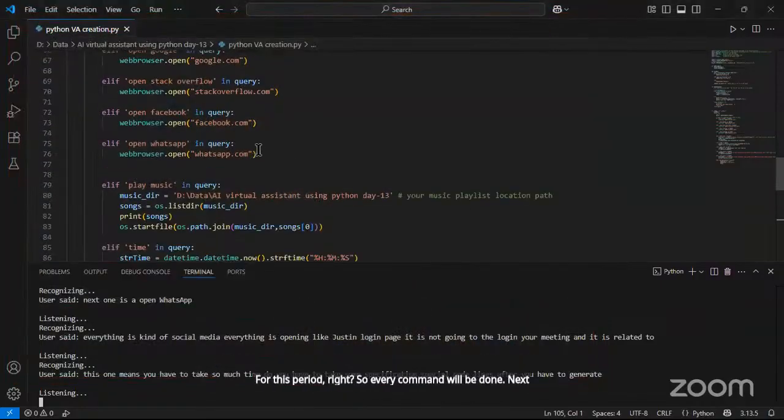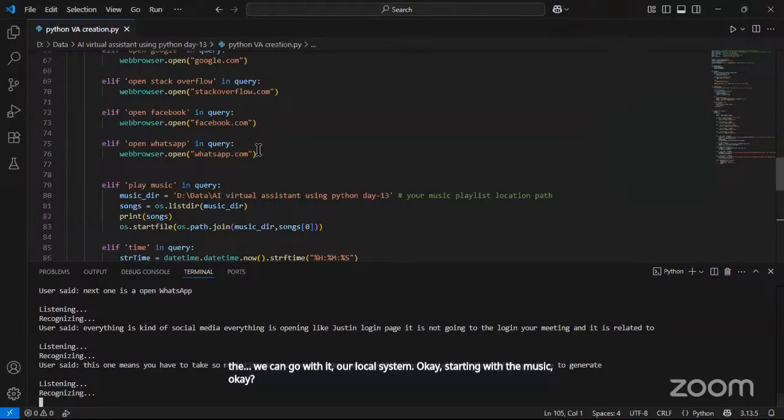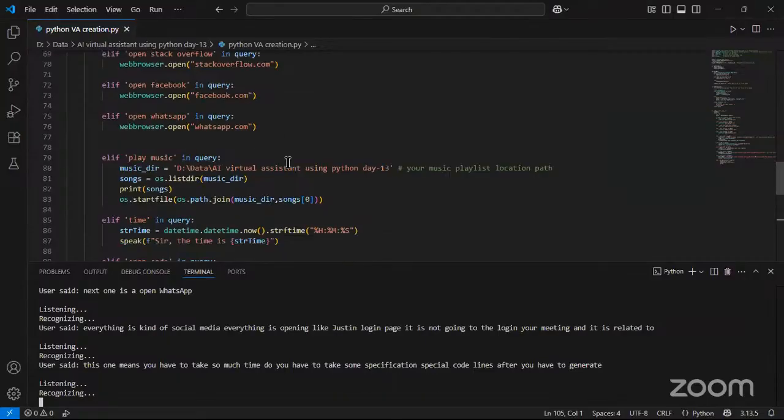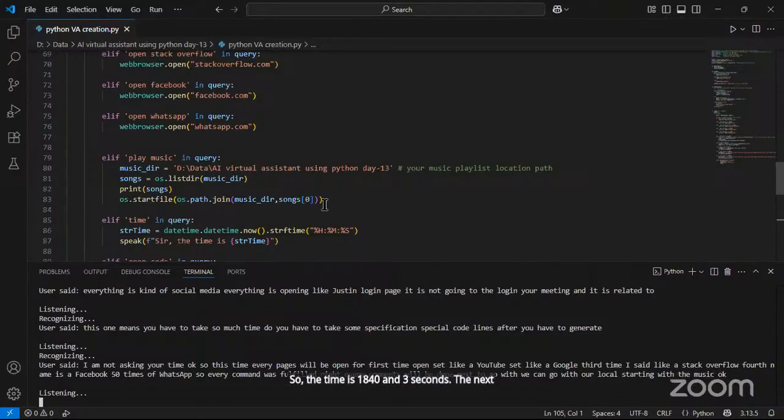Next, we can go with our local system. Okay, starting with the music. Okay, I can set. Okay, wait. "Sir, the time is 18:40 and 3 seconds." Okay. The next one, play music.